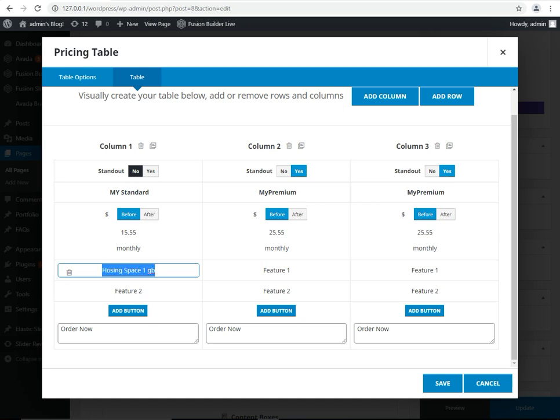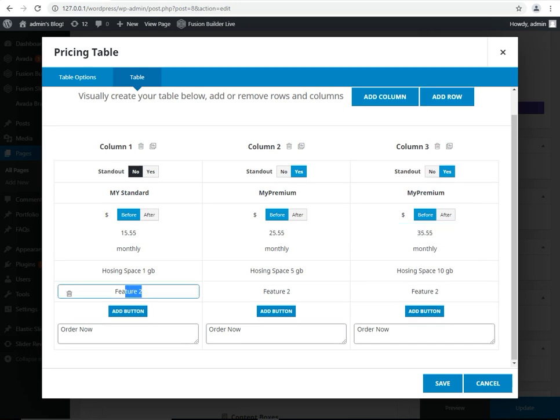In this package you can set the hosting space 5 GB. You can set here hosting space 10 GB and the price is $35. You can set the bandwidth 100 GB.